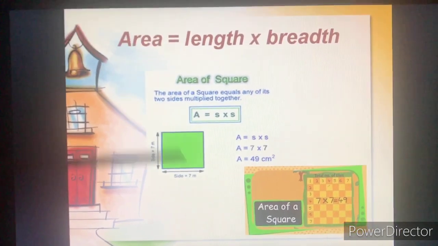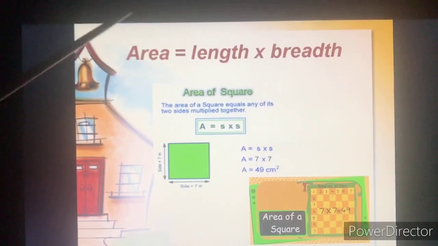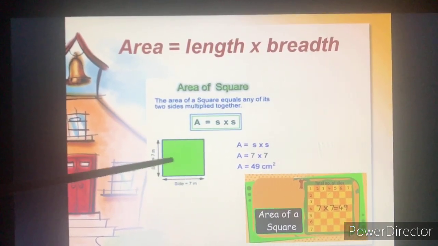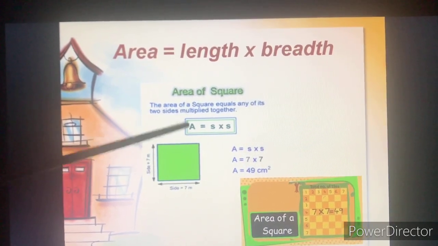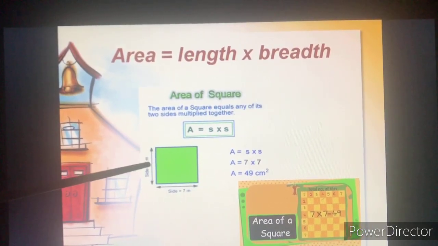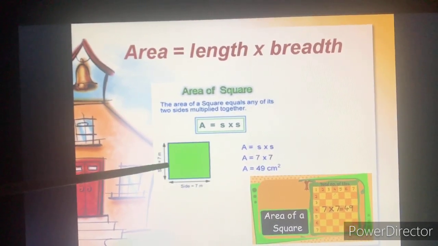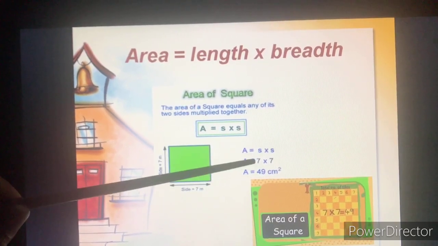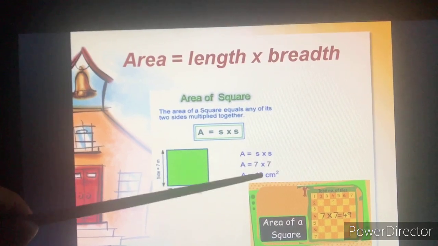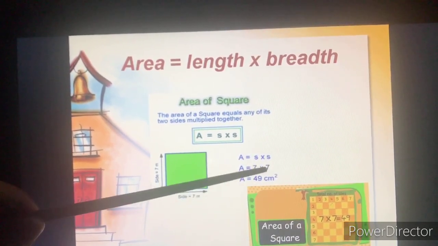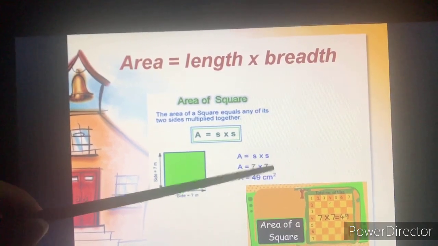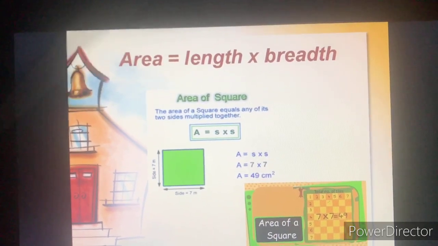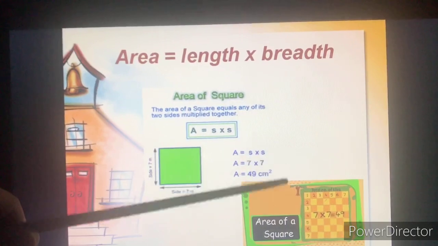This is the difference between a perimeter and an area. To find area, the formula will be length multiplied by breadth. And in a square, because all sides are equal, you can write area is equal to side multiplied by side, meaning any side multiplied by the other side. See, here it is 7. One side is equal to 7. So you will write area is equal to 7 centimeter multiplied by another 7. So 7 sevens are 49. When centimeter is also multiplied with centimeter, it becomes area is equal to 49 centimeter square. And I told you that every time you write area in square units.